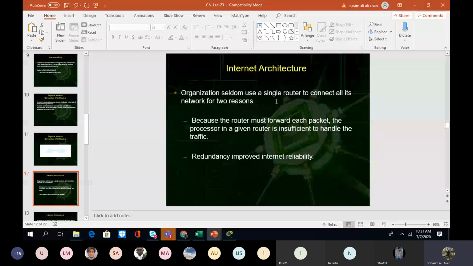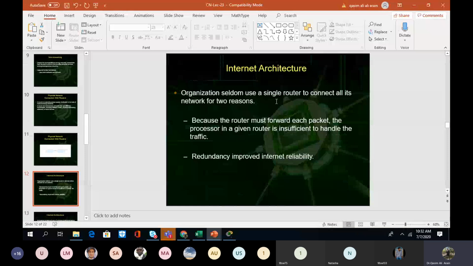Because the router must forward each packet, the processor in a given router is insufficient to handle the traffic. I mean, if you are going to connect multiple networks with one router, it is very difficult for a router to differentiate the traffic. And second is redundancy improve internet reliability. I mean, if you have multiple paths using a router, if one path is going to be failed, the other